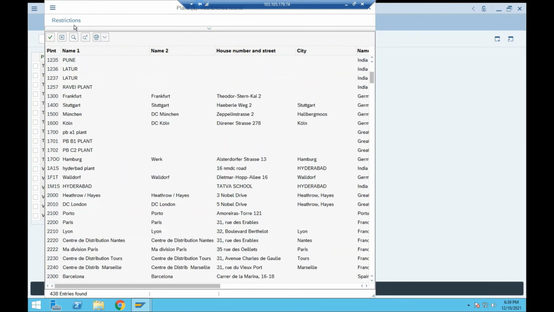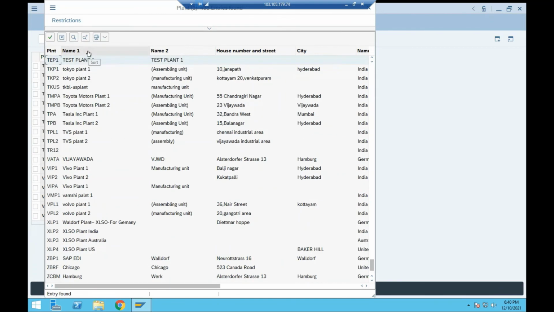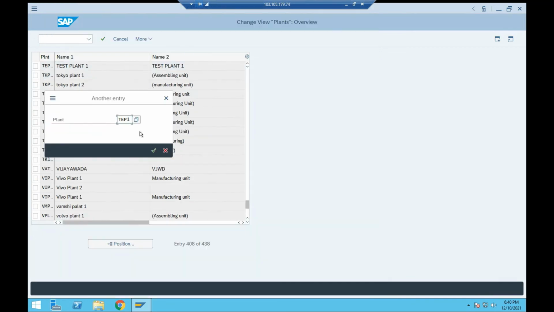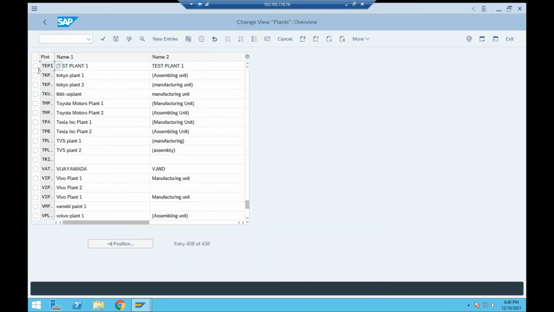The search term we gave is TEP1. Click OK, then click the magnifier button for the search. There is TEP1, Test Plant 1. That is the one we created, and it is in the database.